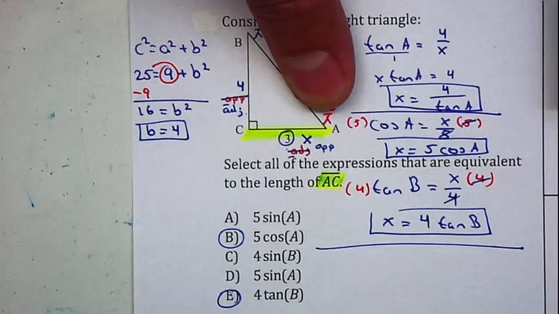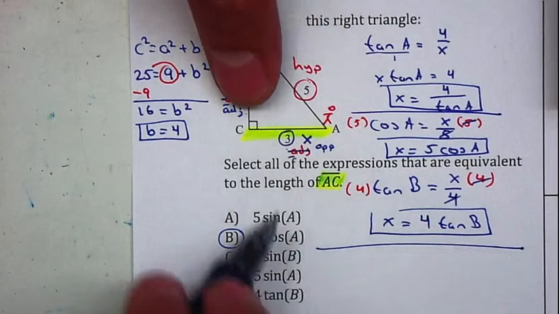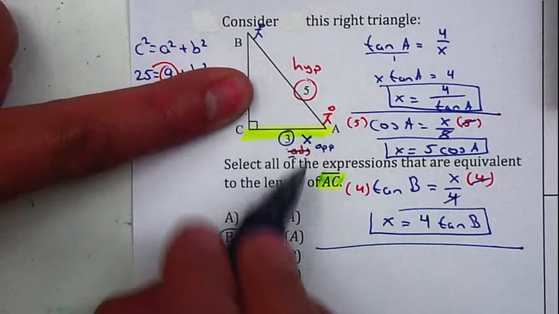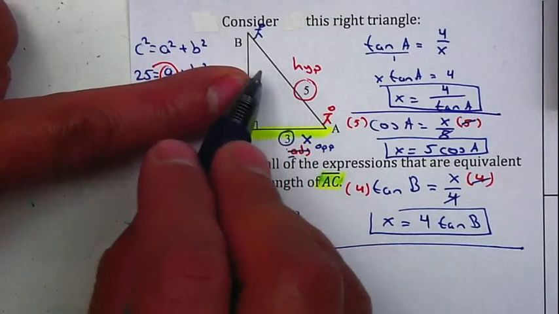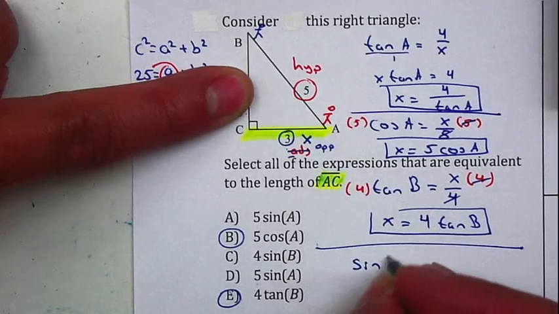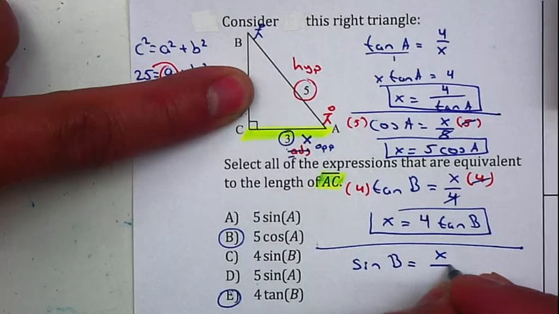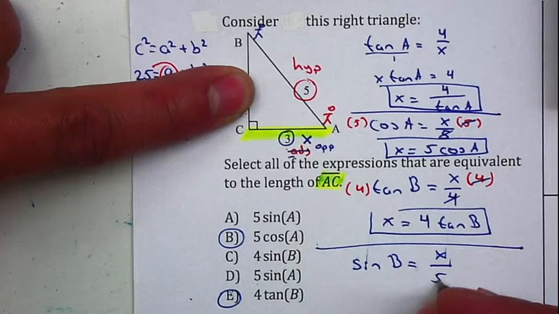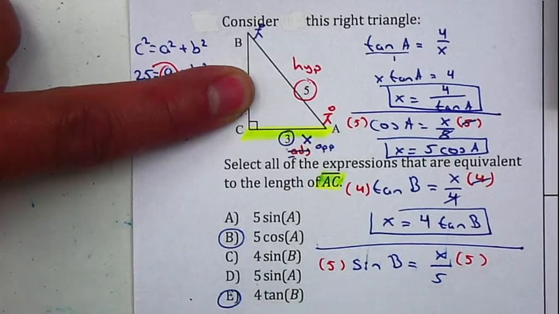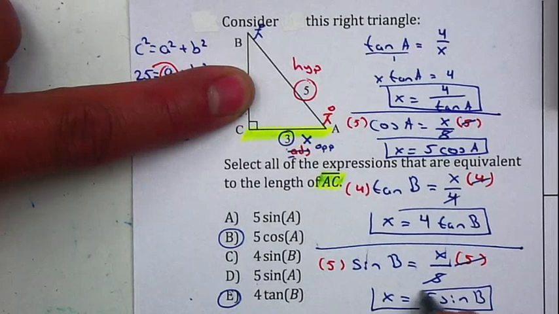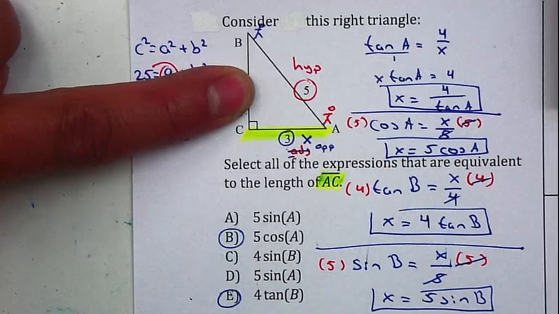And let's try the last one. I'm going to use the X. Remember, you always want to use the X because that's what they're looking for. Now I'm going to use the X and the 5. The X is your opposite and your hypotenuse. So SOH CAH TOA. So opposite and hypotenuse. So the sine of B is equal to the opposite over your hypotenuse, which is 5. I need to leave the X by itself, so therefore the 5 is dividing. I'm going to multiply both sides by 5. Or you can cross multiply as well. Therefore X is equal to 5 sine of B. And 5 sine of B is not there. So therefore you